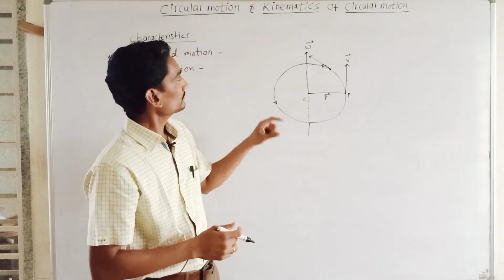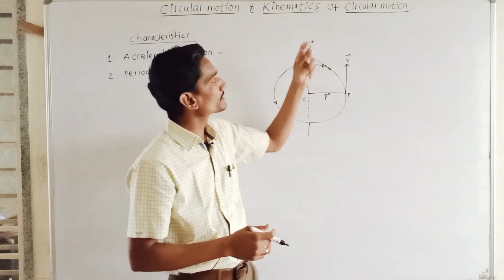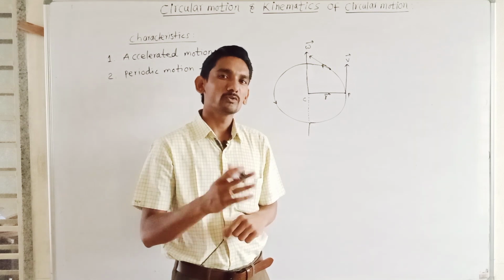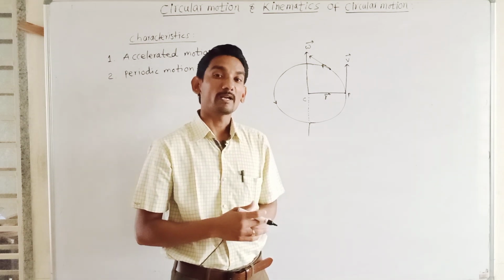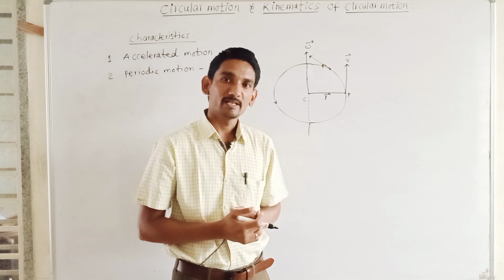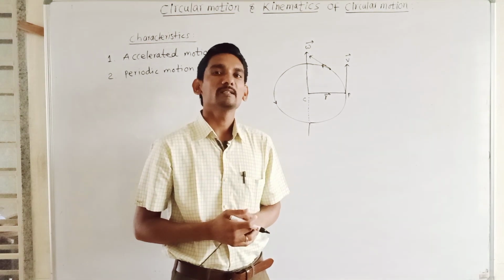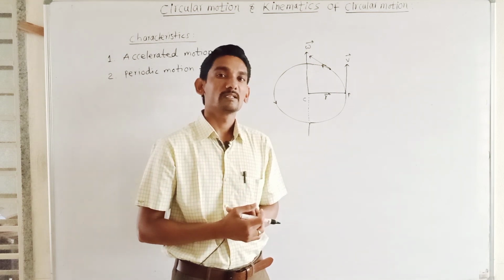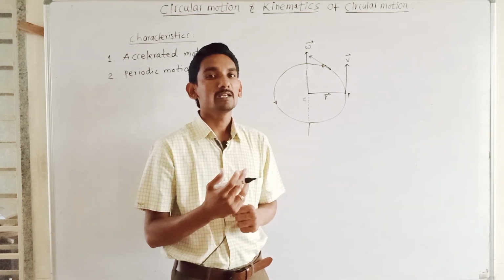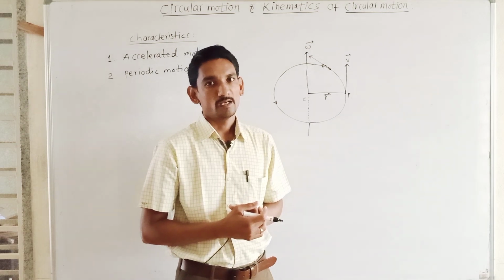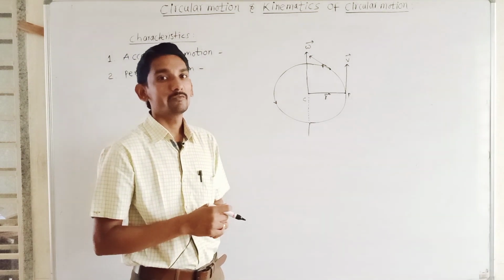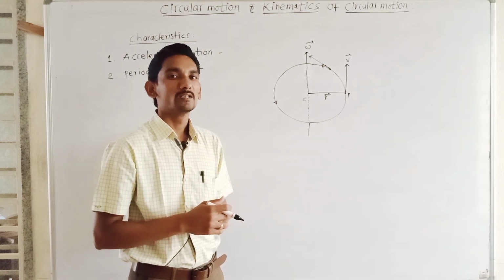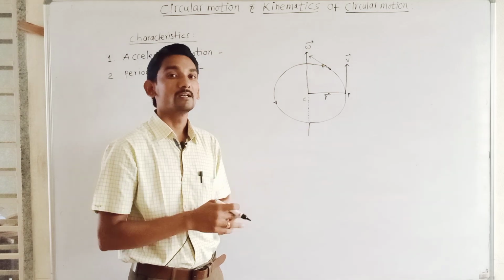Second thing, we have to discuss the kinematics of circular motion. What is meant by kinematics? We know the kinematical equations. What can we calculate from the kinematical equations? We can calculate the initial velocity, final velocity, acceleration, and displacement of the moving object or body. In kinematics, we don't deal with the causes. We can just explain and observe the motion of an object.